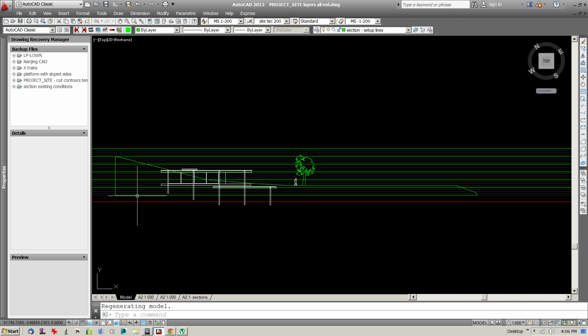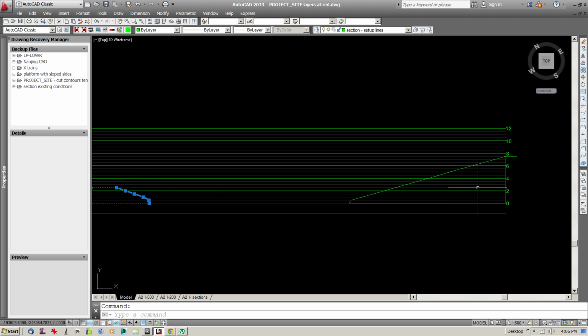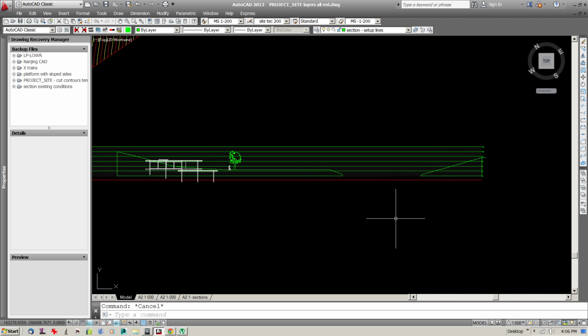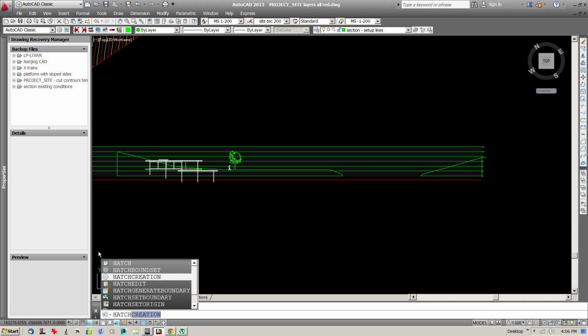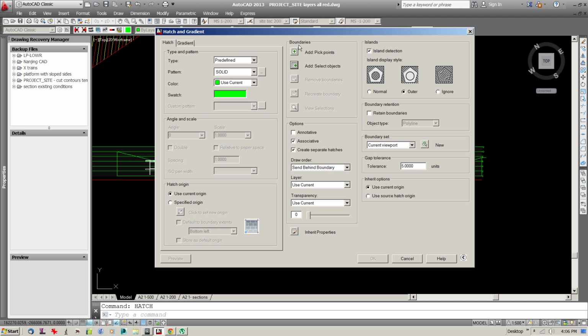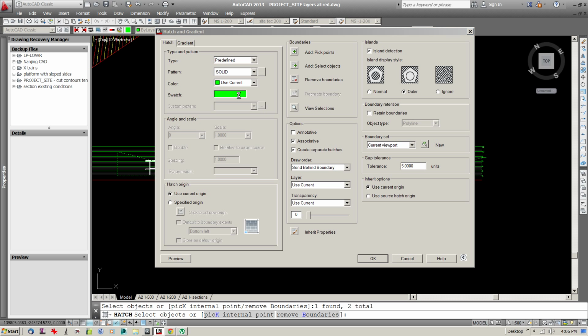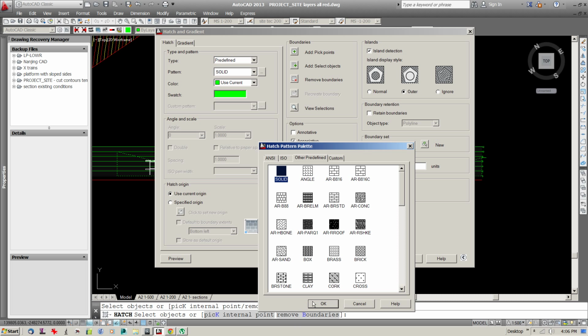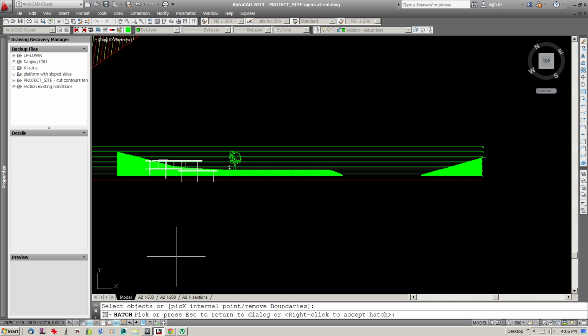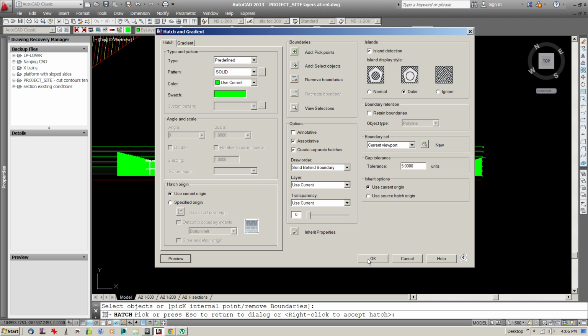Now the important reason for making these closed polylines is because I can also now hatch them. So if I was to type in the command hatch, the word hatch will come up. What I can do is add these objects, so I can hatch these 2 objects. And what I want is to select solid. I can go preview to see whether they really will come up as solid, and yes, my polylines are closed,